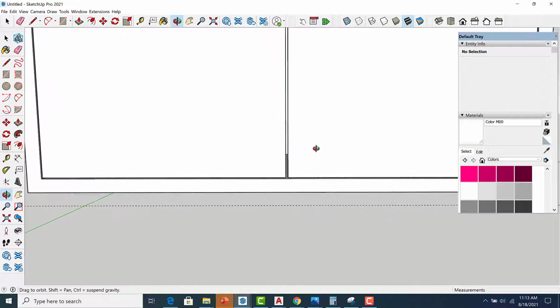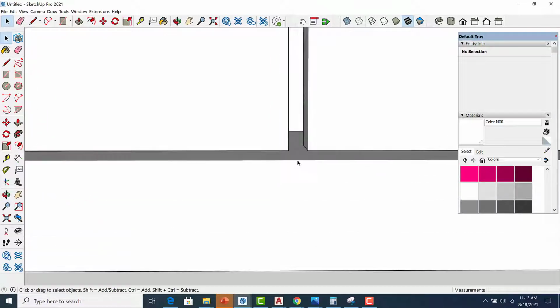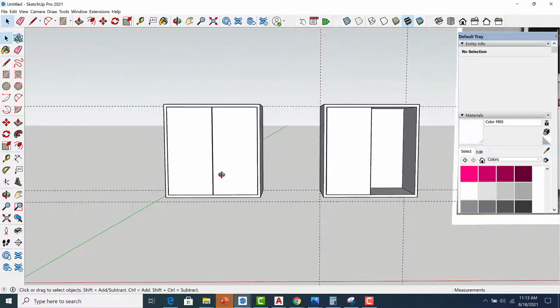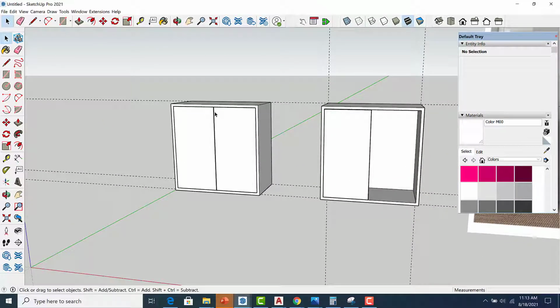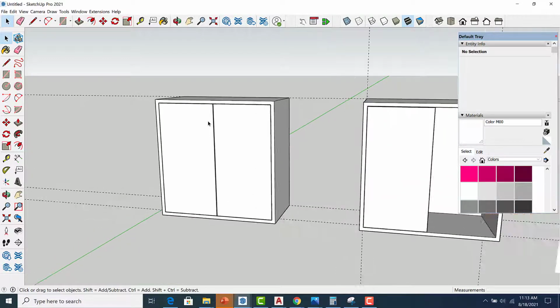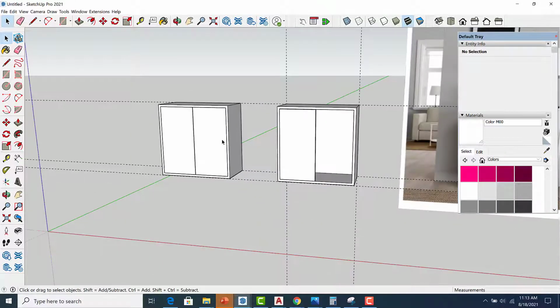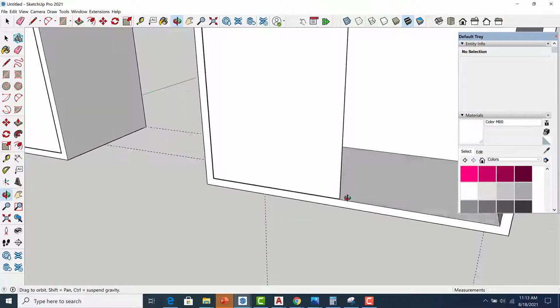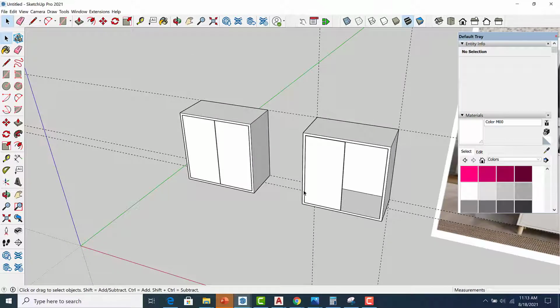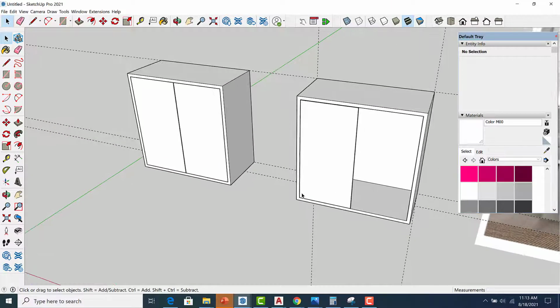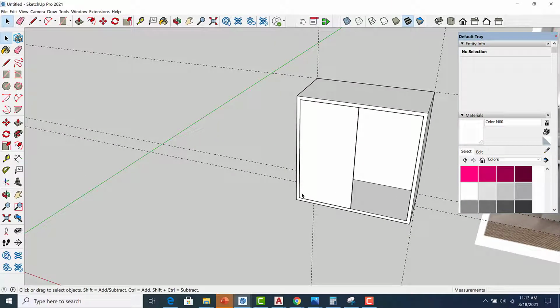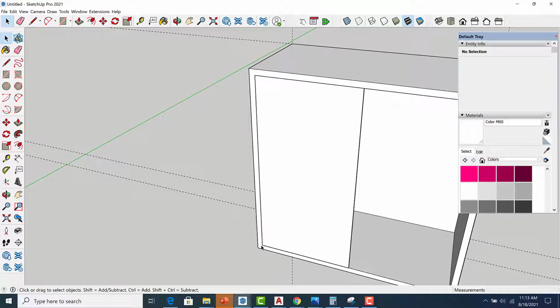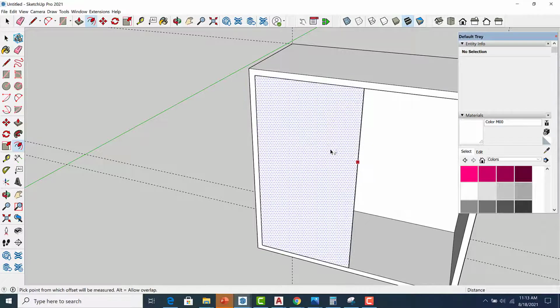As you can see, the gap here is 2 times. So it's not a big deal. If you are not comfortable with SketchUp yet, I would leave it this way. But if you know what you are doing, my suggestion is, let me undo so I can go back to this part. After I drew the rectangle from here to midpoint, I use offset